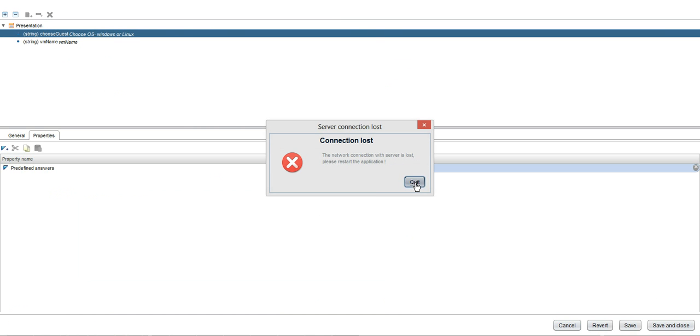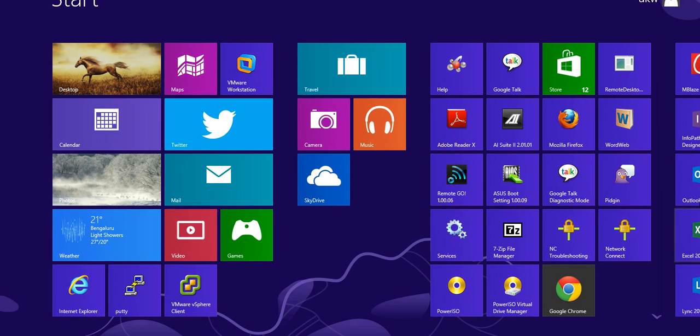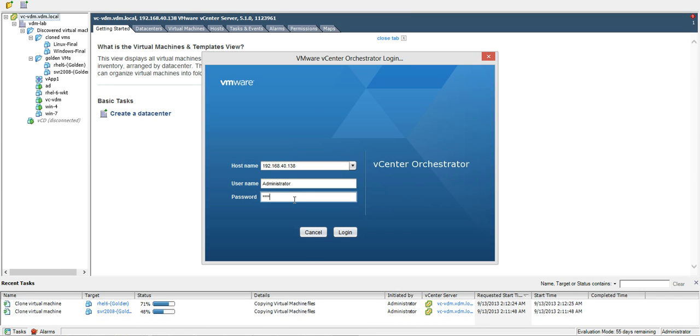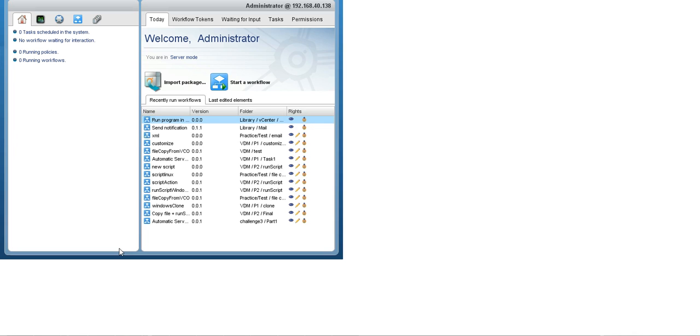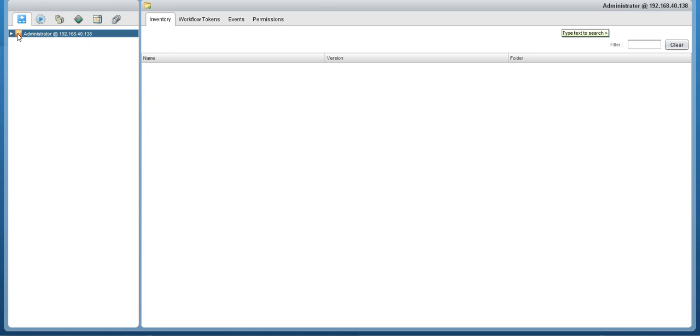Okay, something went back. Let me quickly connect back. So this wouldn't impact the workflow which is running in the background. Once we fire up the workflow, it goes to the virtual center, and virtual center takes care of it. So in the interim, if the orchestrator disconnects, there is no impact on the running task. So as I was explaining about the workflow here,